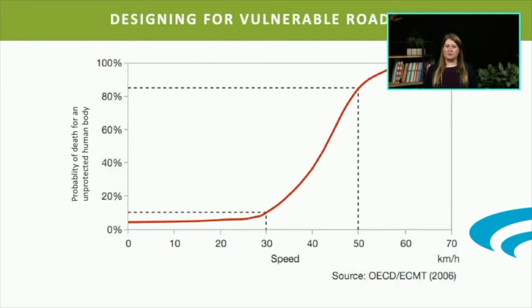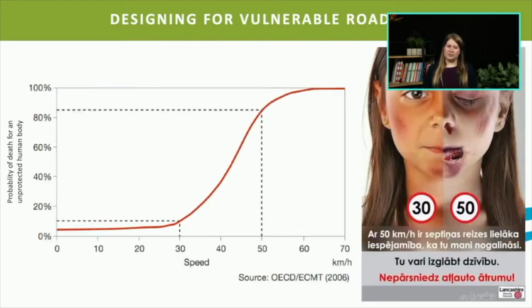road user. So for cyclists and pedestrians, the difference in speed between a vehicle and a pedestrian or a cyclist is way too big in a 50 kilometers per hour zone, while in 30 kilometers per hour, the probability of death is extremely lowered. So it's an exponential growth for probability. So the difference between 30 and 50 kilometers per hour can actually mean injured or death. So that's why it's very important in the design of intersections to really look at how you can slow vehicles